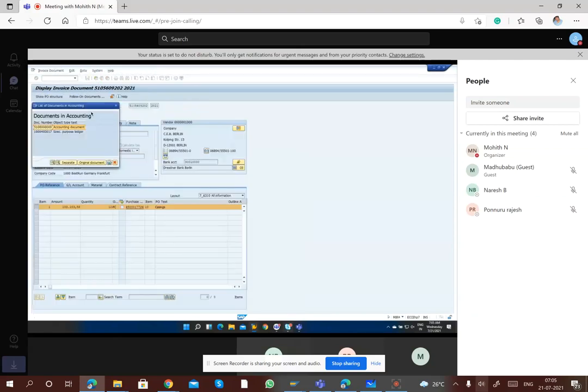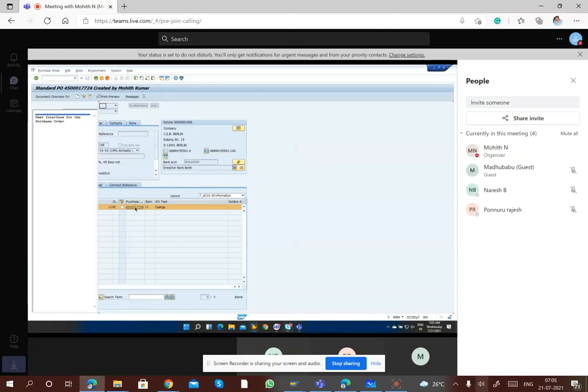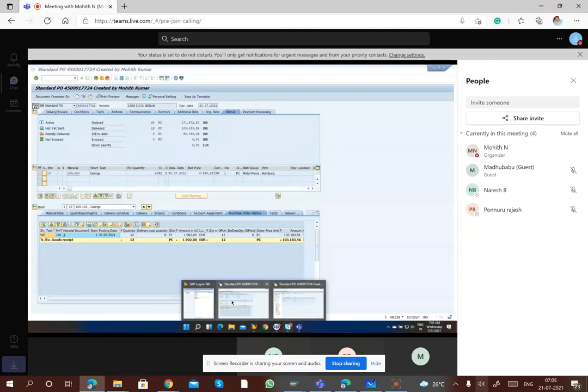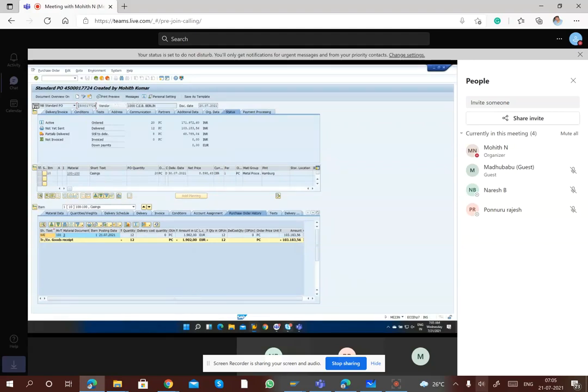Now we will go back to the PO and see whether the purchase order history is updated or not. As I told you, you can go to ME23N, or even if you double click on this, you will still go to the PO, or else we already have the PO screen open in another screen. Now if you see, the document didn't come here because this is not a refreshed one. Let us refresh this once and see whether the document reached here.